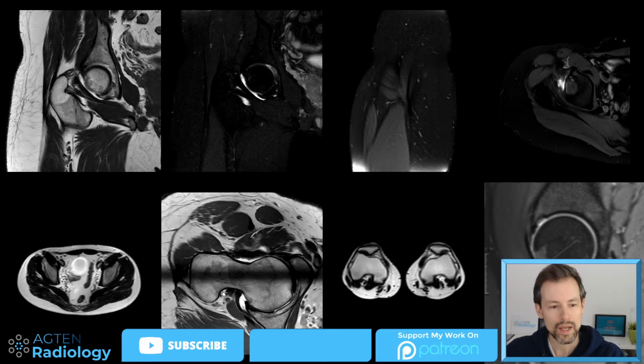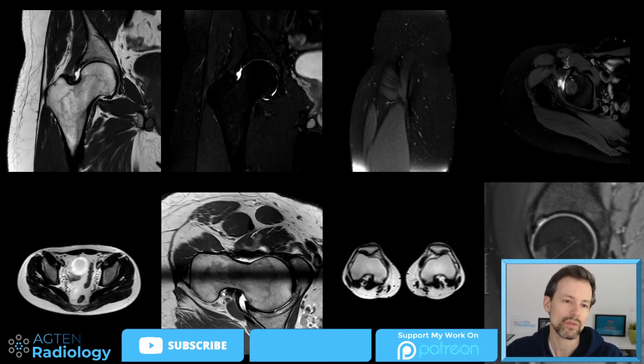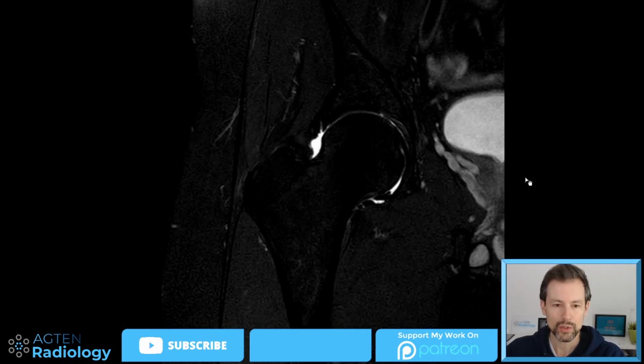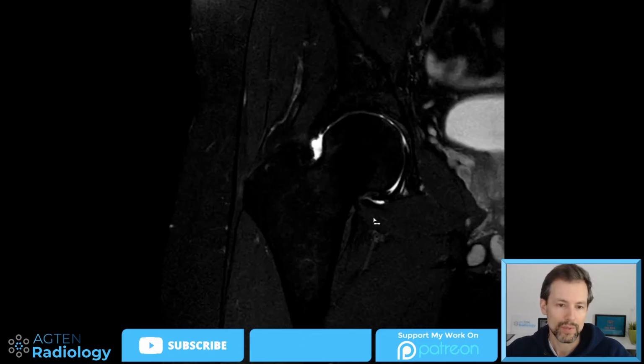And yeah, so what I aim to do in the next half hour, maybe 60 minutes, is go through a few cases. We focus on hip MRI, and we compare surgical notes. So after these hip MRIs, the surgeon went in and we tried to work it backwards. So basically reading the surgical note and then going back into the MR to see whether we can actually see what the surgeon saw during arthroscopy. So I think it's a fun exercise, and I like to do this because I think it really helps with learning as well, going back and maybe identifying stuff that we were not really aware of before the exam, or